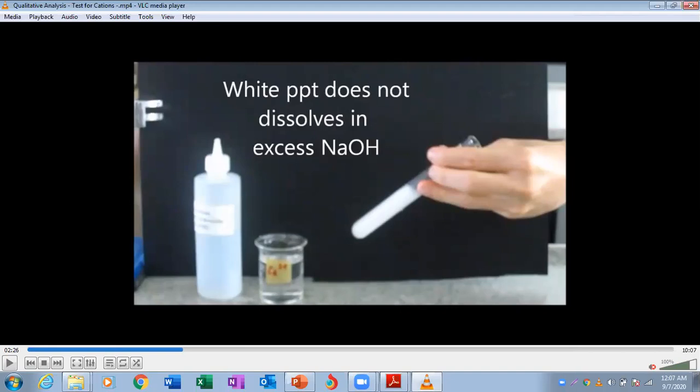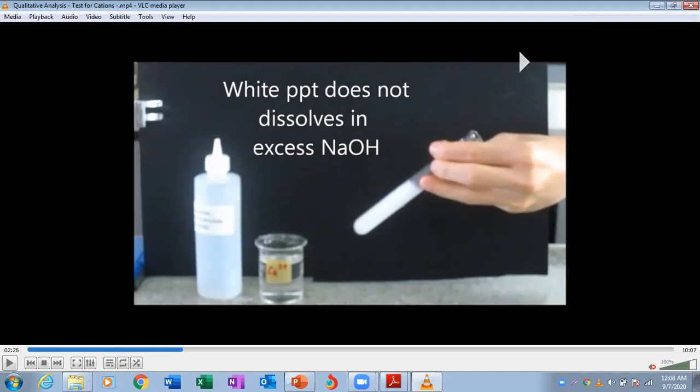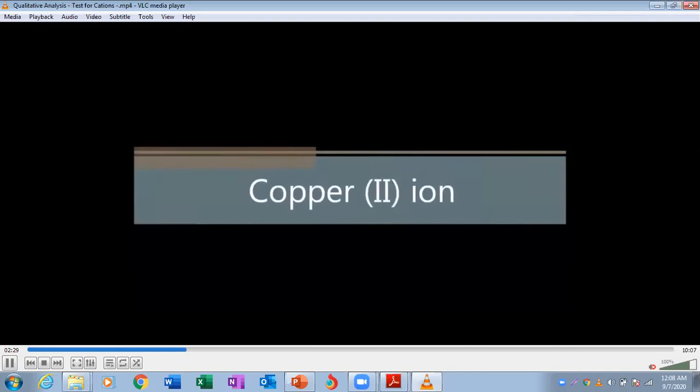Which indicates that, let's suppose you have four different solutions, and you need to find out the calcium, and you have only one reagent, that is sodium hydroxide. Mixing sodium hydroxide solution with all these solutions, white precipitate will be formed in the initial stage. But on adding more sodium hydroxide solution, one solution will keep the white precipitate and the others will dissolve it. The constant white precipitate indicates that the solution contains calcium ions. Got it? Now in case of copper 2 ion,